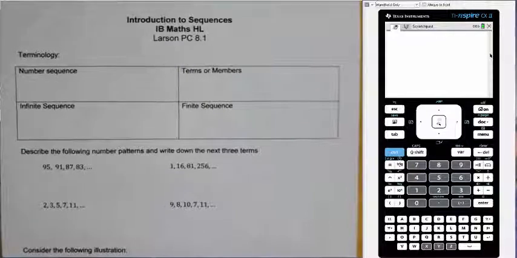In this video, we will review sequences from pre-calculus as well as introduce some terminology that you'll need for sequences and our first unit on geometric series and binomial theorem. The reason we're starting this course with sequences and series and so forth is that all of what we're going to be studying in Calculus 2, which is what is going to be tested on the latter part of the IB Math HL exam, as well as